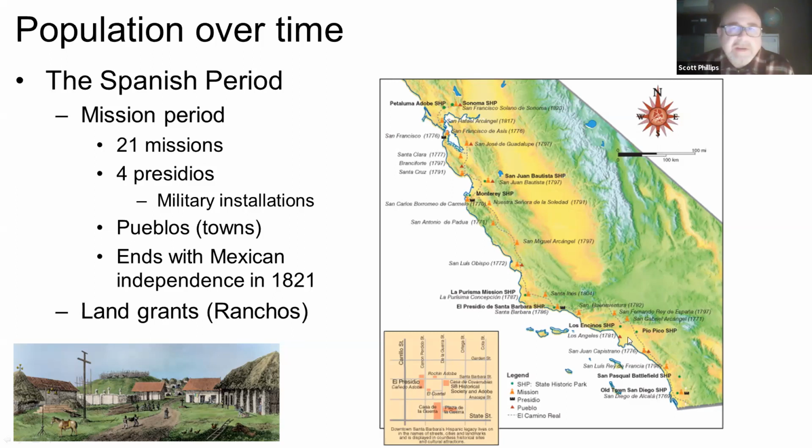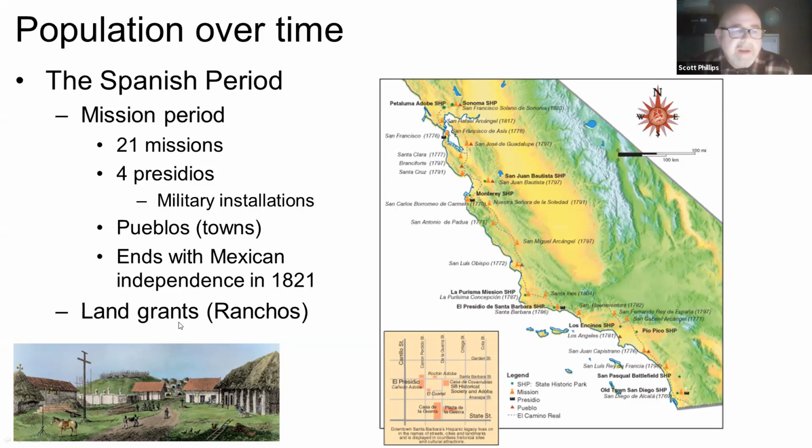It just means sort of a small town or settlement in this region. And the Spanish period ends in the early 1800s when Mexico becomes independent. So now California goes from being a Spanish possession to being part of Mexico. One thing that started with the Spanish, but increased with the Mexican period, is the establishment of